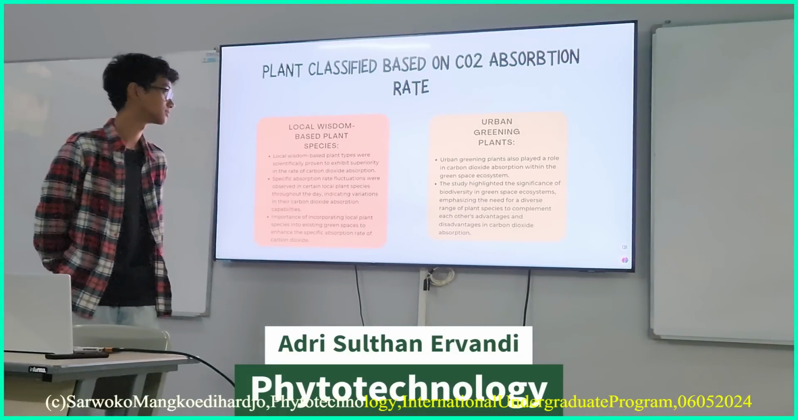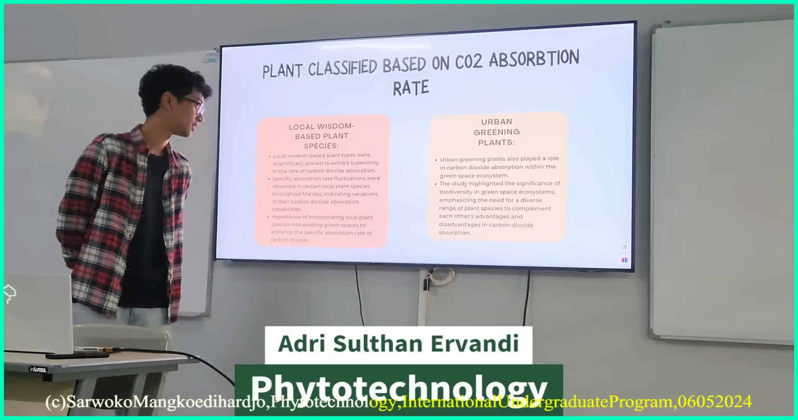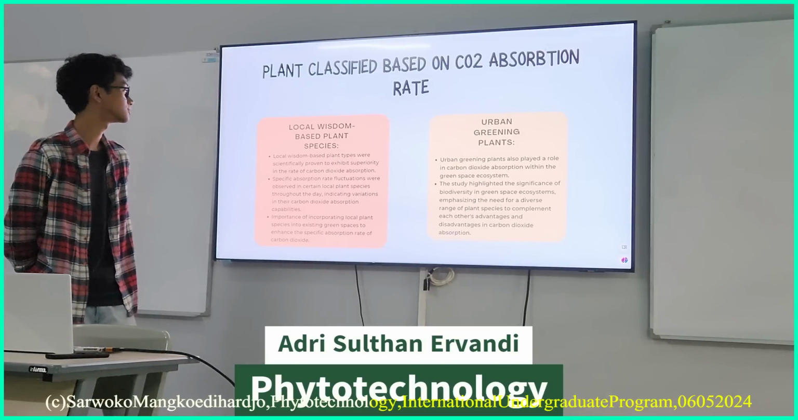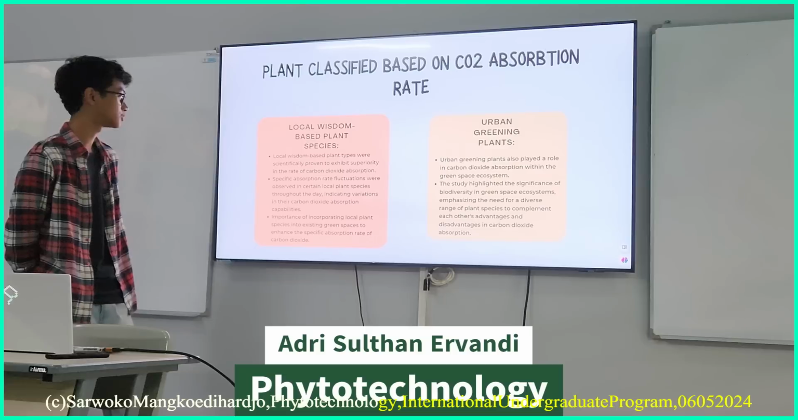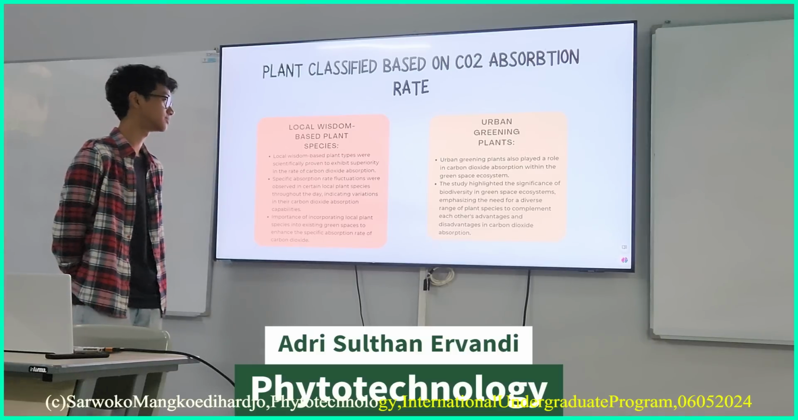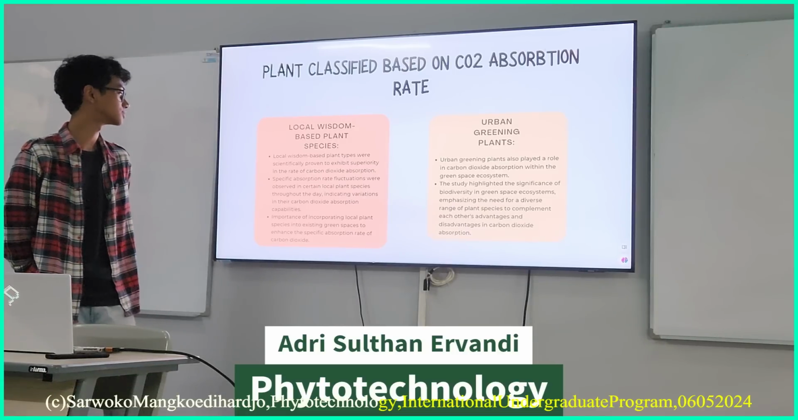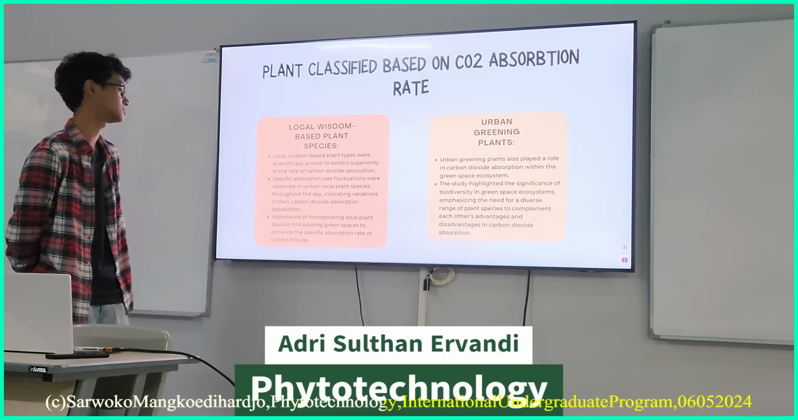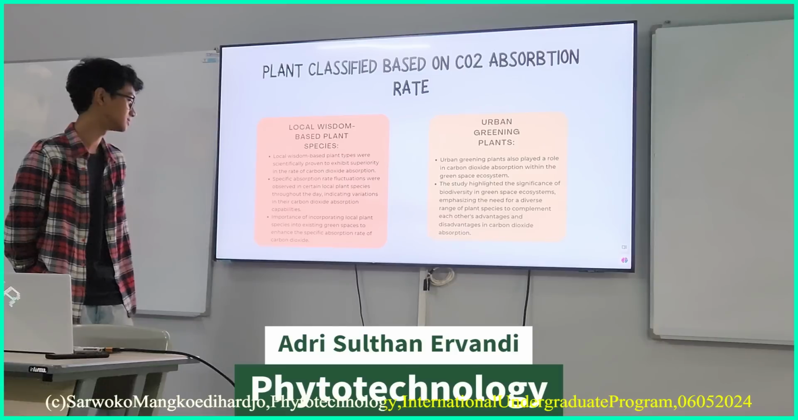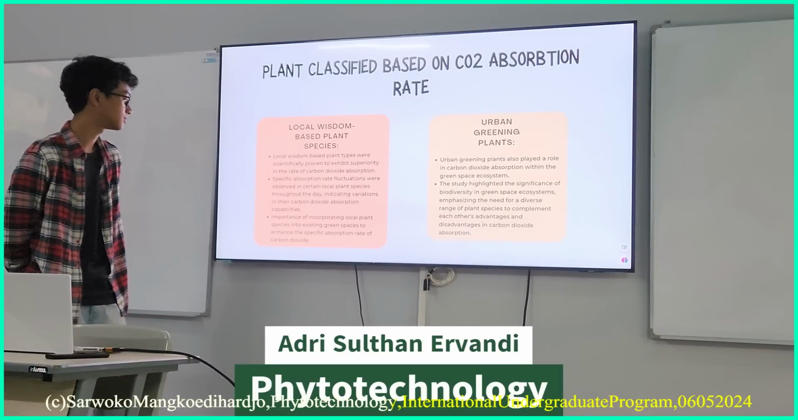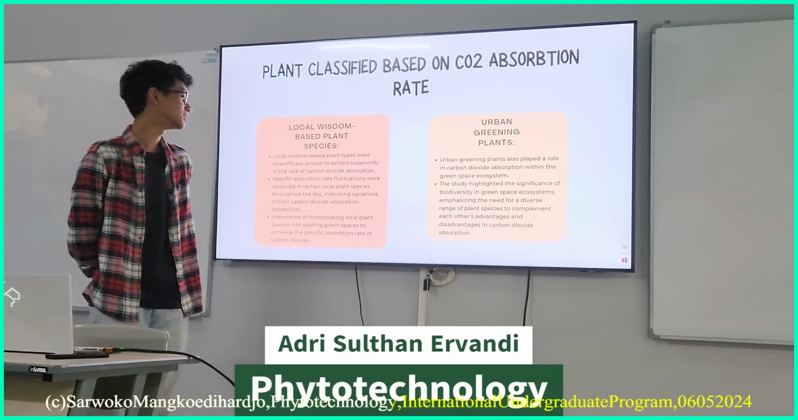So these are the plants based on carbon dioxide absorption, which has two classifications. The first is local wisdom-based plant species, which is scientifically proven to exhibit superiority in the rate of carbon dioxide absorption. And specific absorption rate fluctuations were observed in certain local plant species throughout the day, indicating variations in their carbon dioxide absorption capabilities, and the importance of incorporating local plant species into existing green spaces to enhance the specific absorption